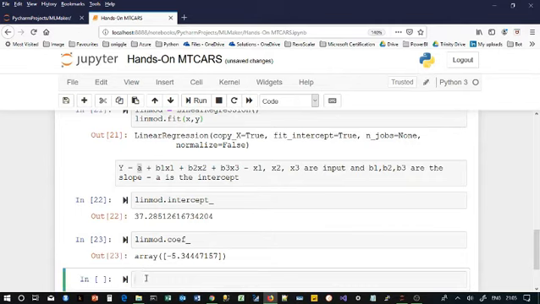So this can be written as my target variable. I'll change this to markdown. Miles per gallon = 37.285 - 5.344 * weight.